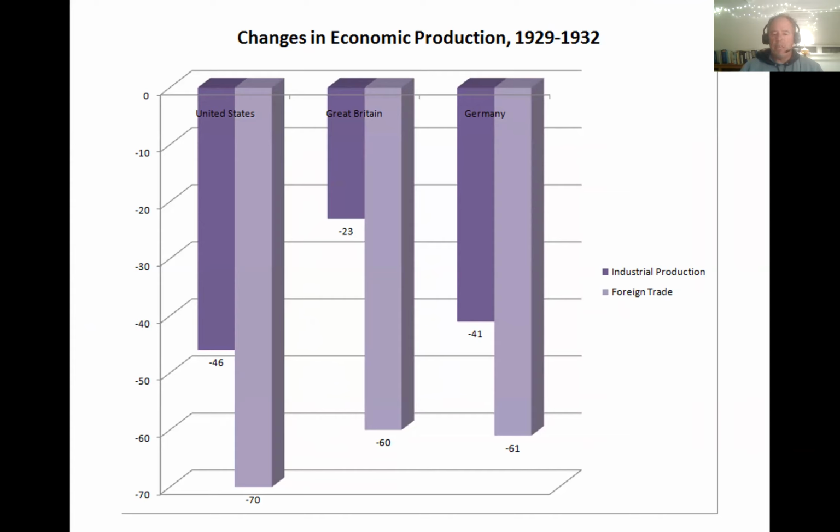And then in 1929, we get the stock market crash, a bunch of other things occurring in terms of the international economy, and the beginning of the Great Depression. And this chart gives a sense of how the Depression has this incredible effect, not just domestically in terms of U.S. job losses, but internationally. So, if you look at the changes in economic production in the late 20s, early 30s after the Depression, U.S. industrial production drops by around a half. Germany's is close to a half as well. Britain's is a quarter. And in terms of foreign trade, all of them have a reduction of greater than 50%.